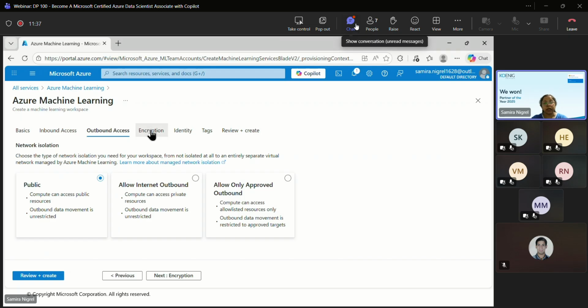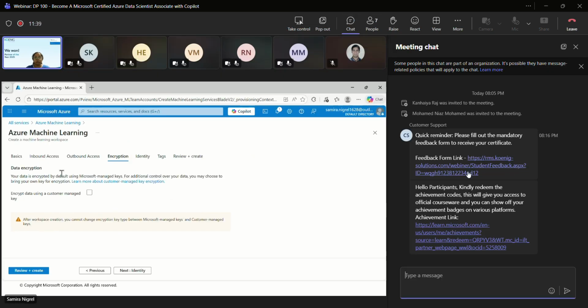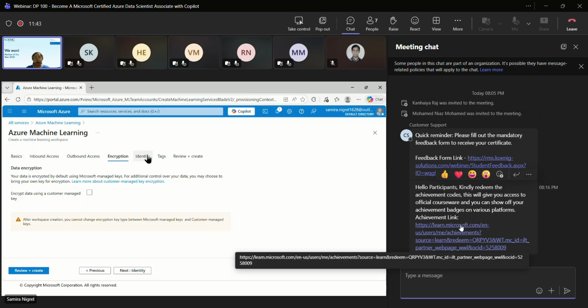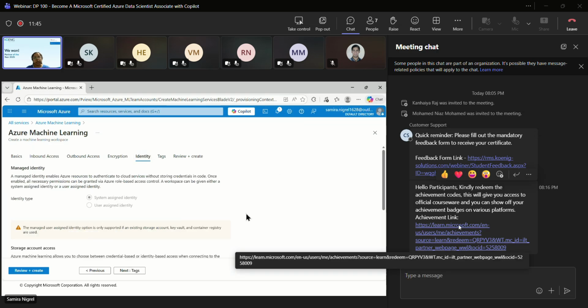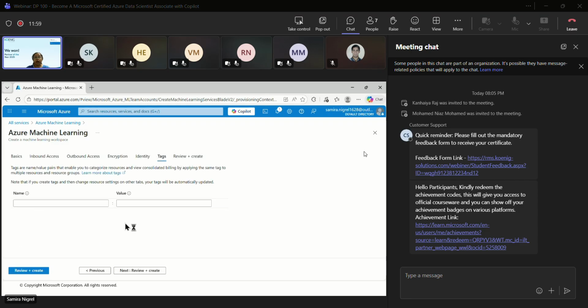The encryption is specifically for if you have any sort of data encryption. You can use this data encryption. Identity: let's say you are providing the resources to different teams, so you want to give them some sort of access. Now, based on the user, access may vary. That you can perform via identity.